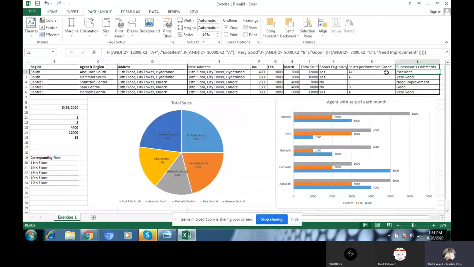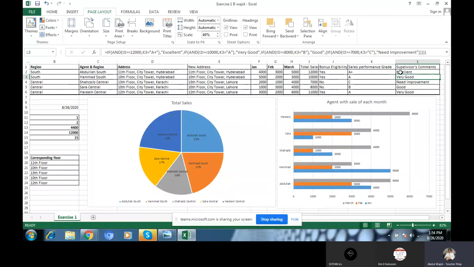It will compare this column and this column. When the function operates, the supervisor comments will show the Excellent grade. Now the second one is Very Good: if that sale is greater than or equal to 10,000 and the sale performance grade is A, you will give Very Good for it.